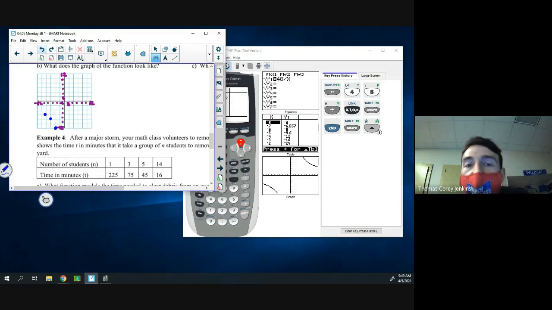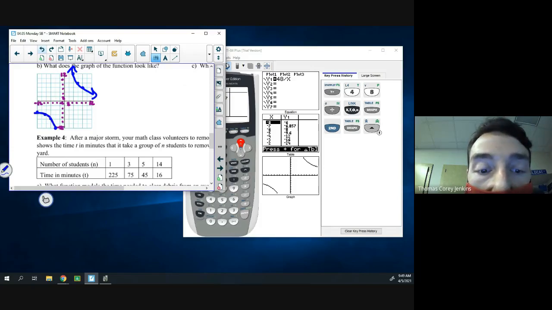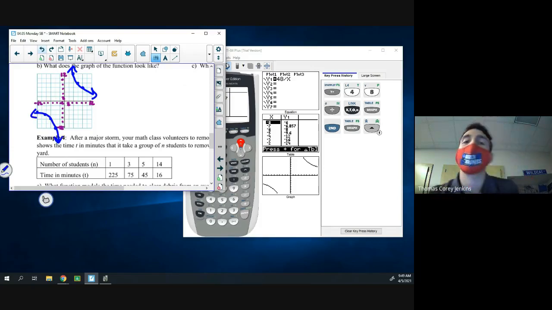That gives us the shape of that curve. Then you're going to have the same thing on the other side: positive 4 goes to positive 12, positive 6 goes to positive 8, and positive 8 goes to positive 6. Then we said x can't be 0, so if we zoomed way out on our graph,